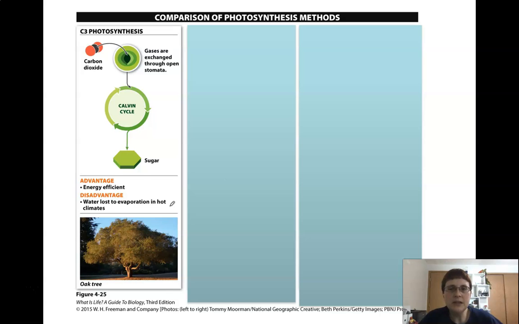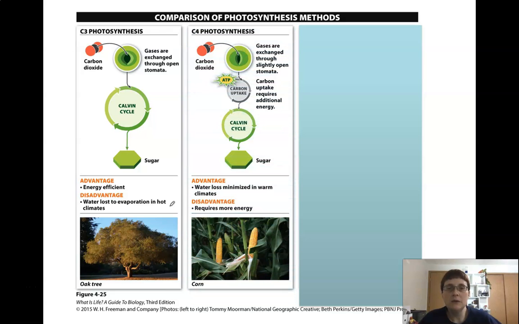But for most plants that do this, that's not a problem because there's enough water around. However, if a plant has evolved in a hot, dry climate, it may have evolved one of these other types of photosynthesis. And this is where we're looking at for some of our food plants. So C4 photosynthesis,